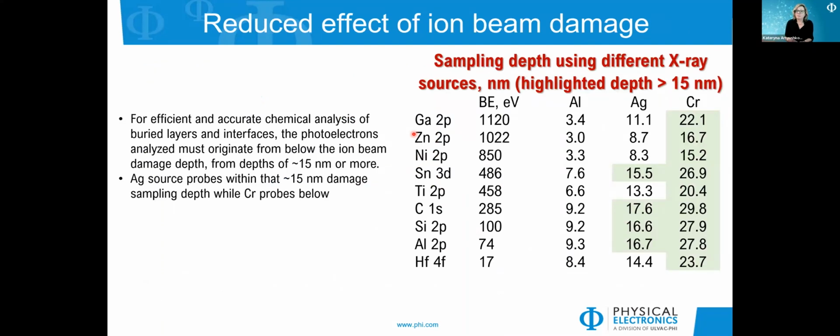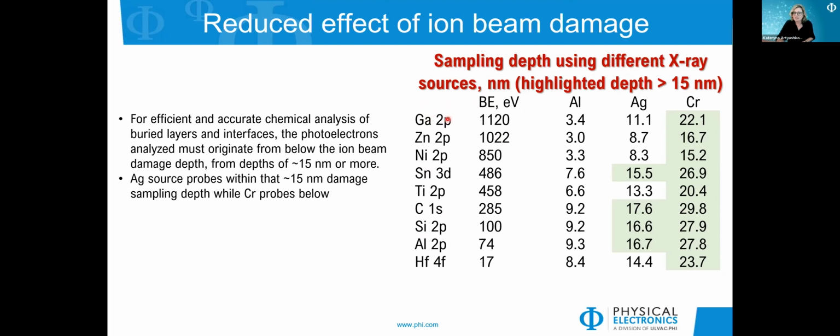So what are the sampling depths that we're looking into when we're trying to develop this experiment? Again, it's based on the settings of the ion beam that you're using, but on average, the ion beam damage is approximately 15 nanometers or more. So you can see that with the aluminum transition, for some of the most common types of materials that we would do for the semiconductor industry, electronics,